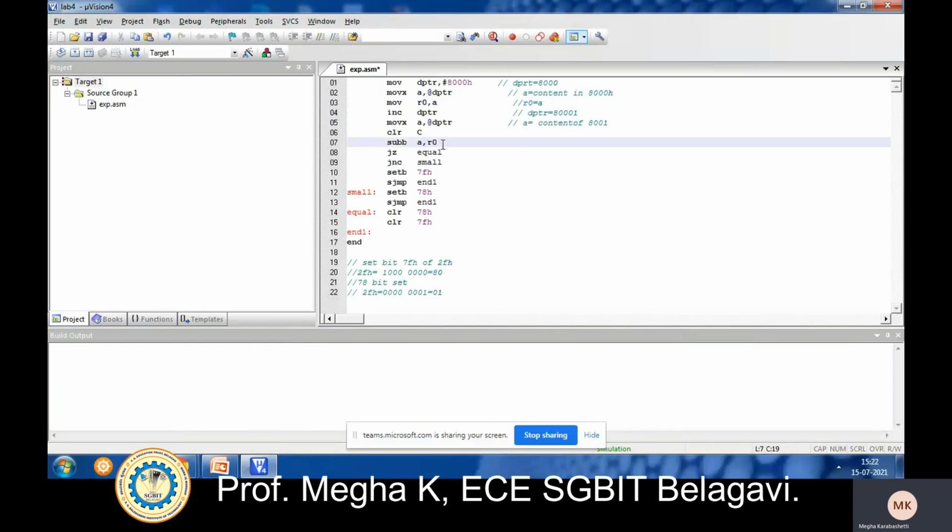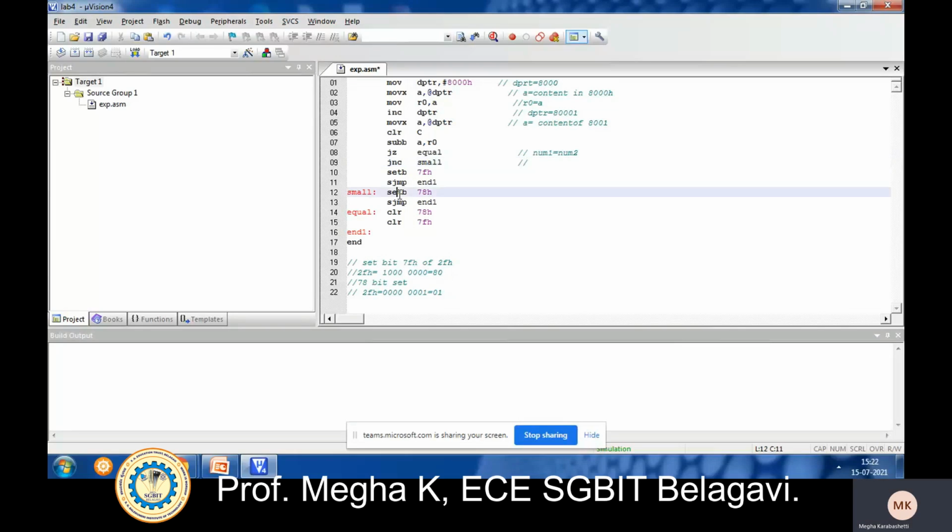When you subtract them, if the result is 0, that means both numbers are equal: number 1 equals number 2. If there is no carry, then jump to small.